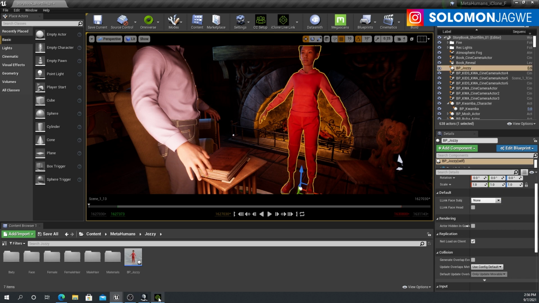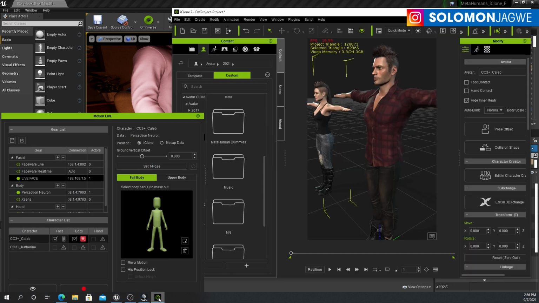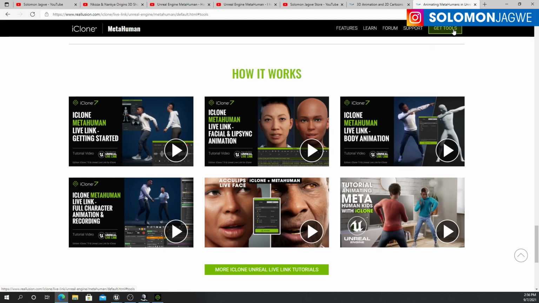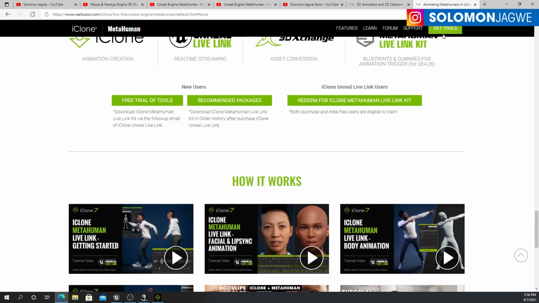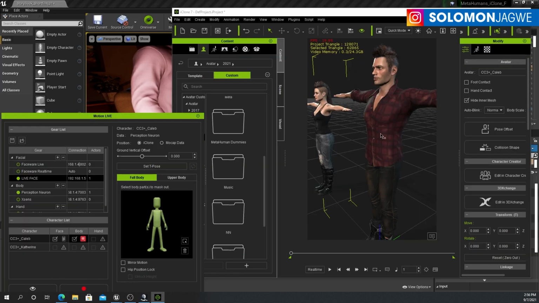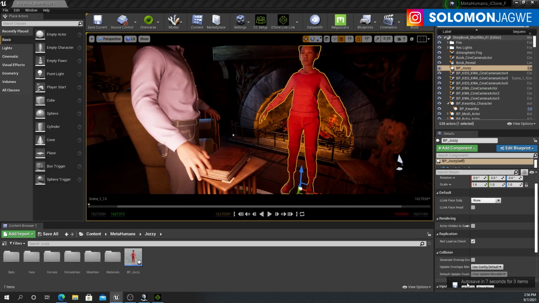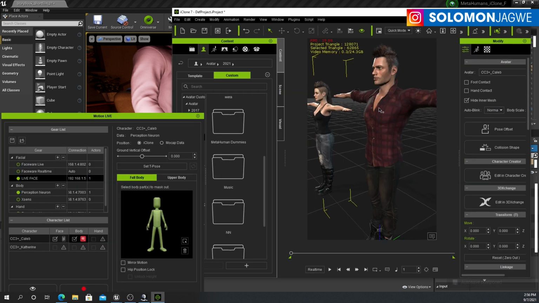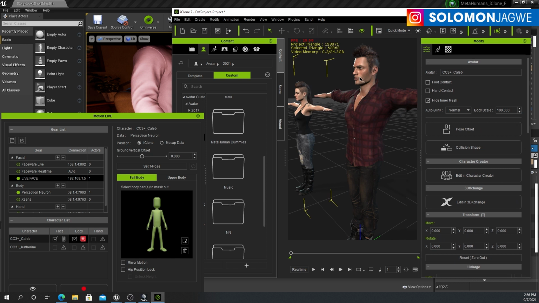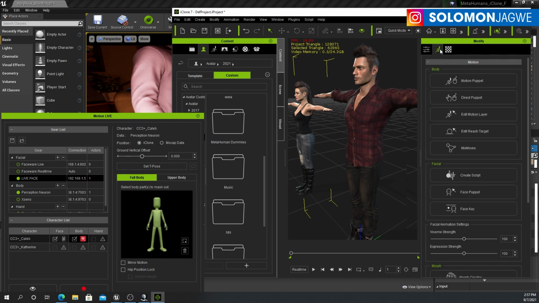And so if I go to iClone, other things that you have to have, by the way, after you've imported these tools that are needed to get this whole thing started, you make sure that you're using a CC3 Plus character to be able to get really good animation. Okay, and that is important because the way to figure out if it's a CC3 character, even if it's written here, is to go to the animation tab over here while the character is selected, go to Face Key,